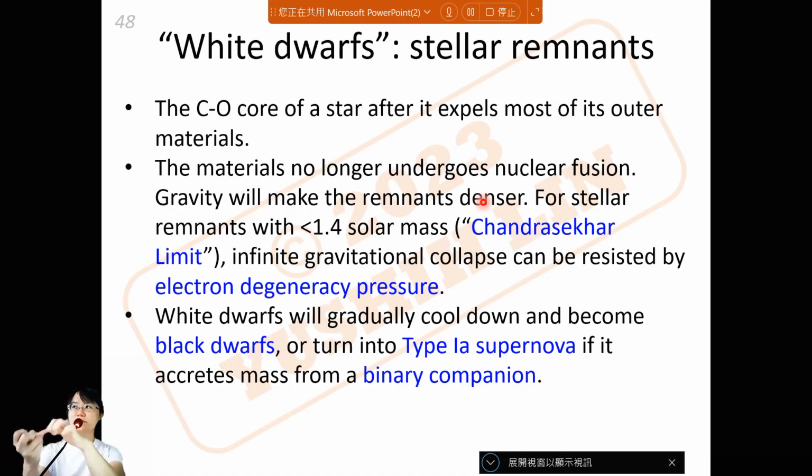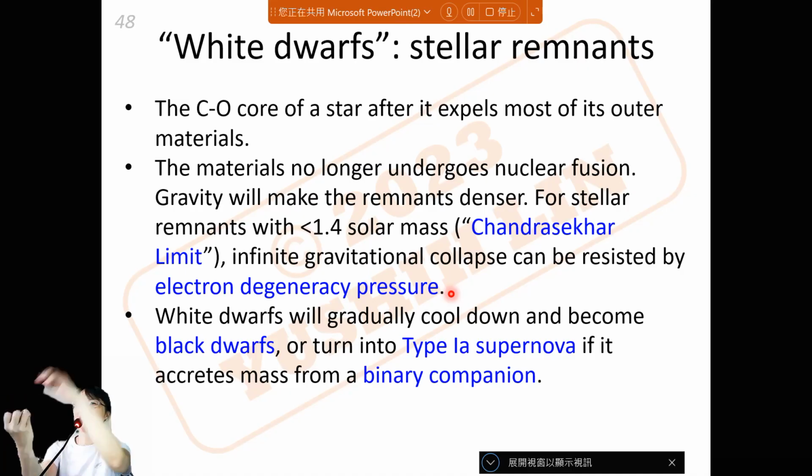It will not be forced into the nucleus. This is what we call electron degeneracy pressure. In Chinese, 就是电子简并压力，就是电子它不会被简并到原子核里面，因为恒星残骸不够大。